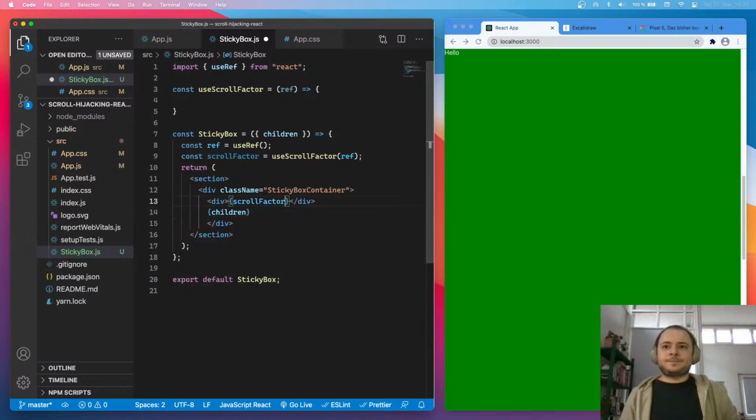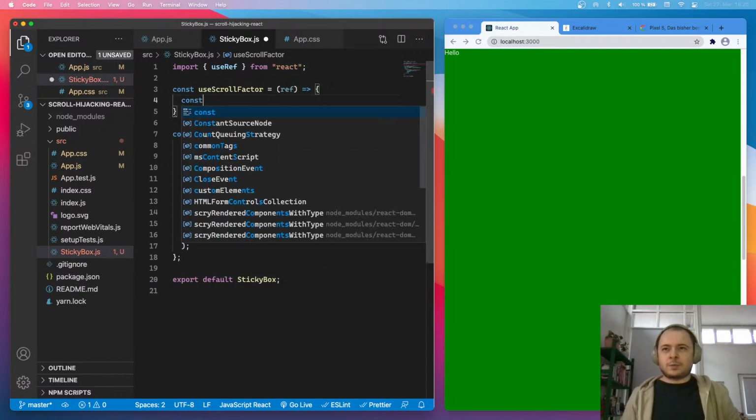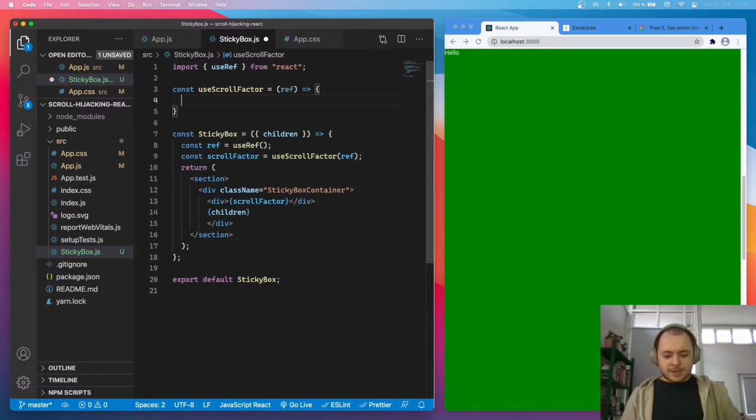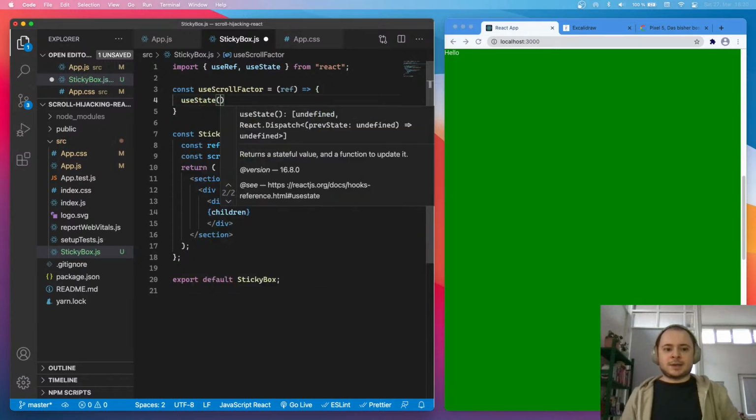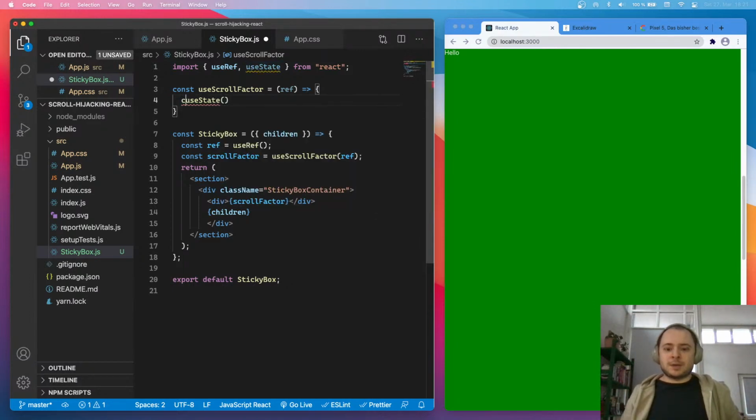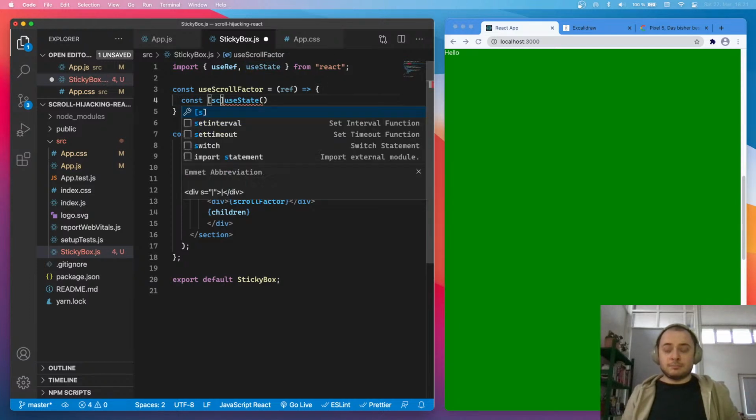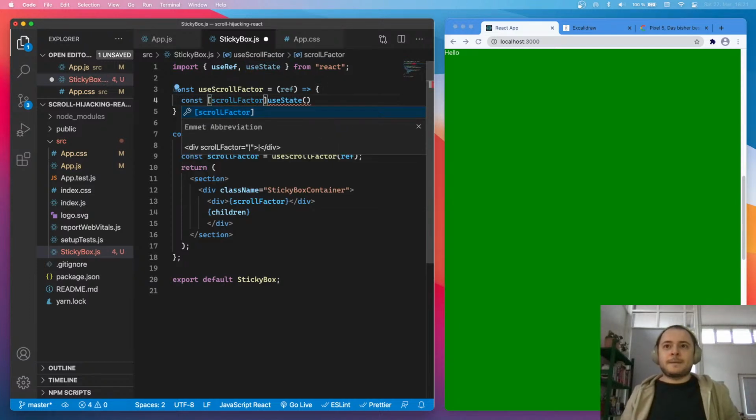Scroll factor. And yeah, here I need to have a scroll factor defined. So for that I need to use the state hook. The useState hook is just like a function where you can store some data, a place to store some data. And here I'm going to say const scrollFactor and setScrollFactor